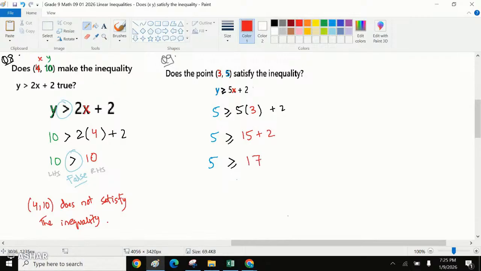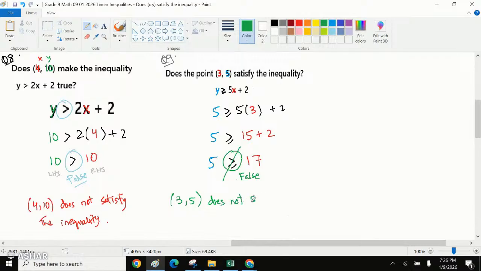Which number is greater? Is 5 greater or 17 greater? We can see that 17 is greater, right? So this is false. This statement should be false because we know that 17 is greater than 5. So that means the given point, that is 3 comma 5,